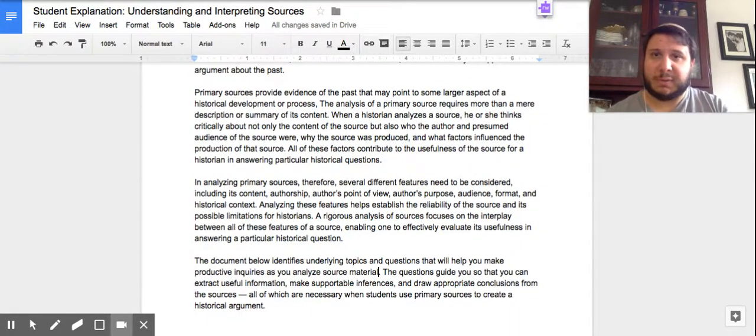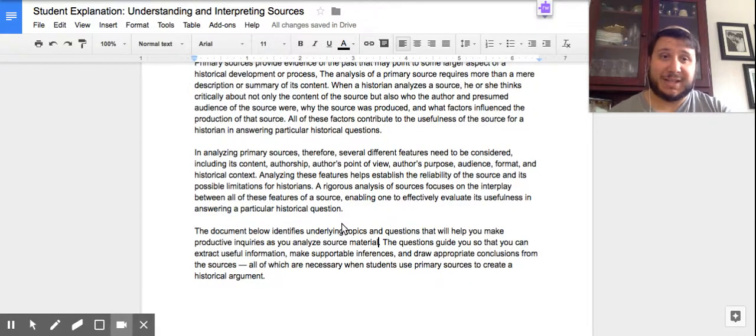Again, I share this document with you. It's called Student's Explanation, Understanding, and Interpreting Sources. You can find it in the shared folder of your Google Drive. If you can't find it, I'm happy to share it with you again. But I'd like to just focus on this last paragraph here because it sets up the second aspect of the